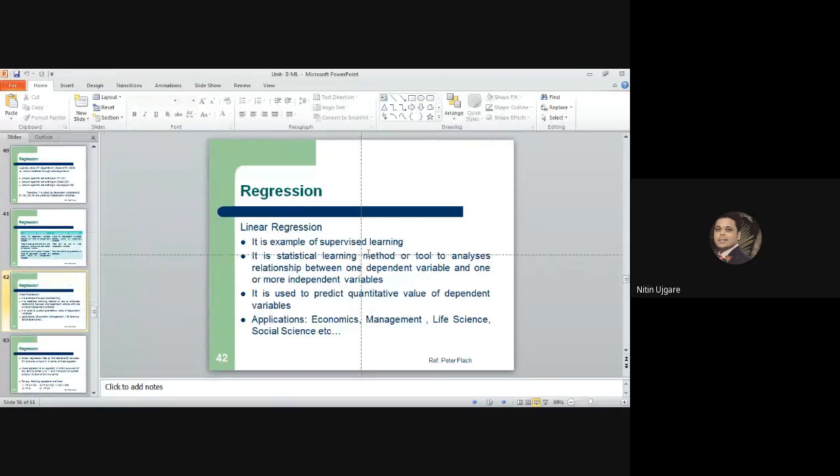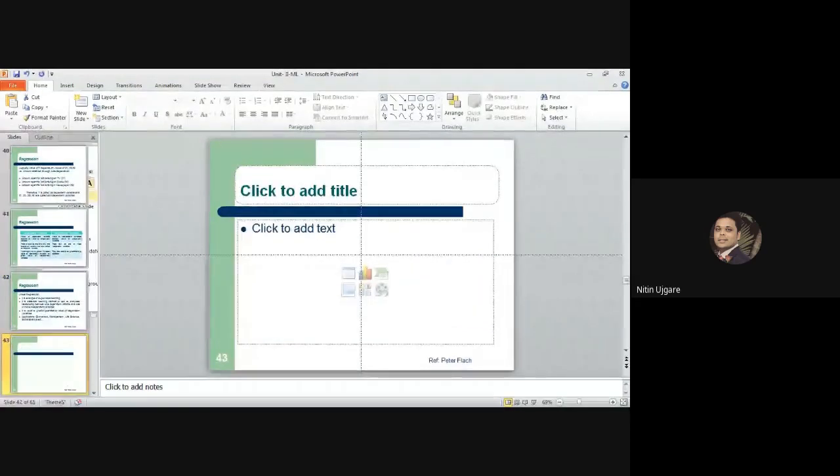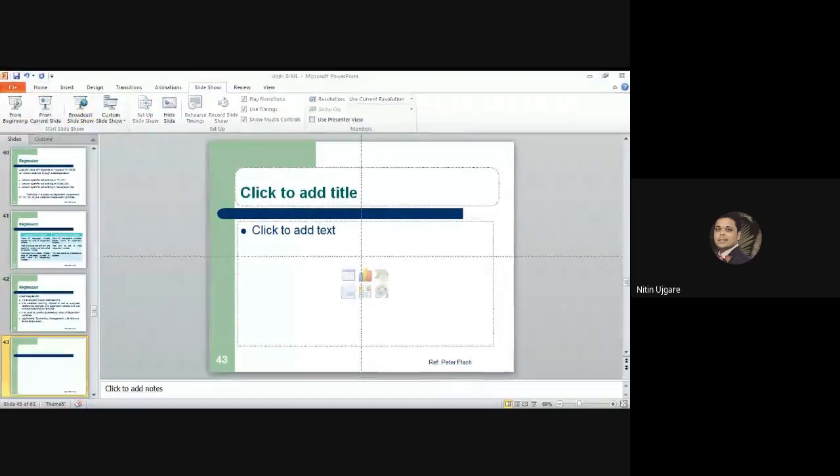Actually, I'm going to show you something before I proceed. Let me take a full slide view of this. I just want to show you what the sum of square error is. Now let's say that this is my linear regression line, this is the slope of the line, this is the intercept of the line, this is the y-axis values for my data sample, and this represents the x-axis values for my data sample.